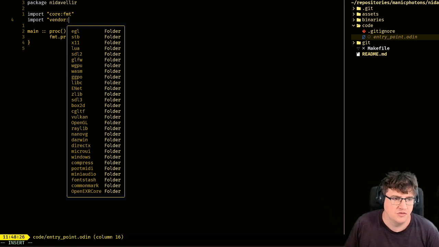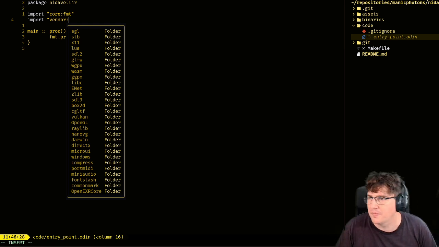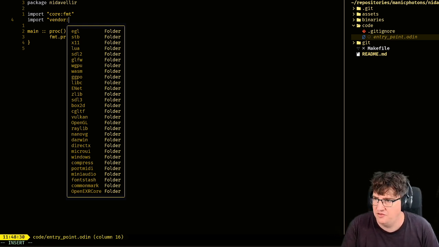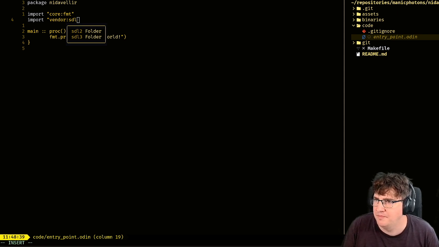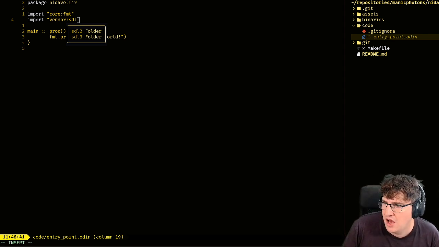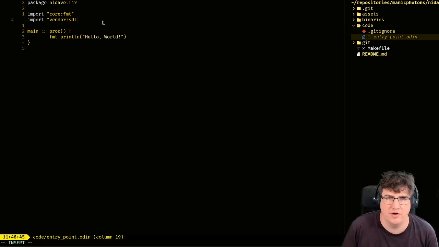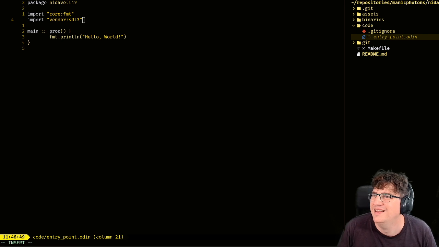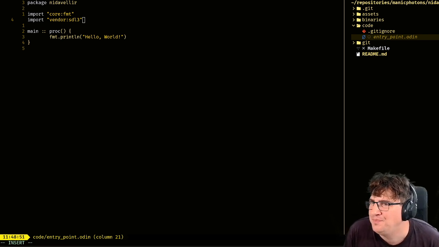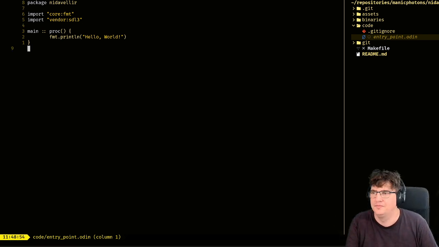So all the bindings from C to Odin are all set up, and these are all in the vendor packages. Let me just double check, because I need to do SDL3, not SDL4.